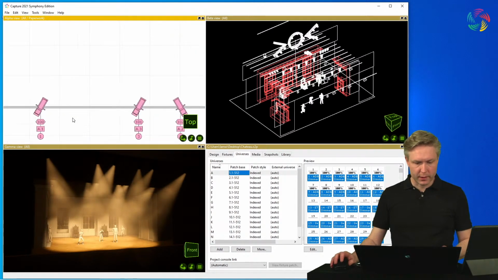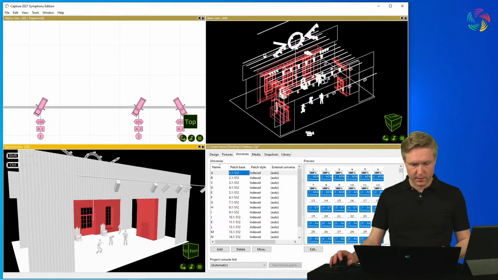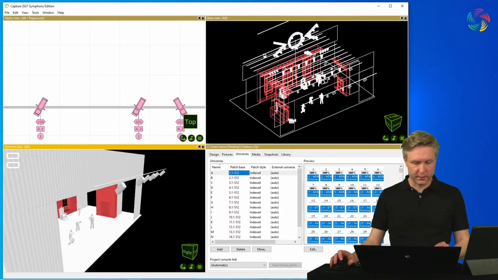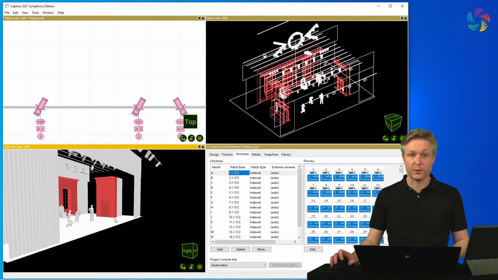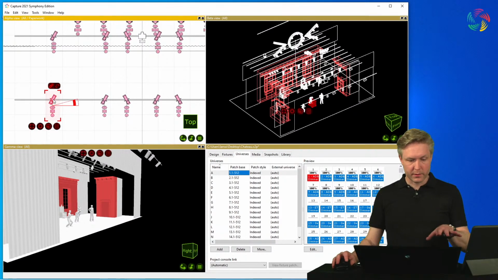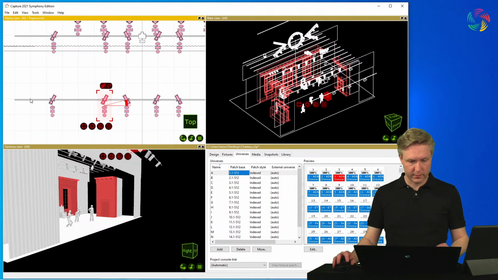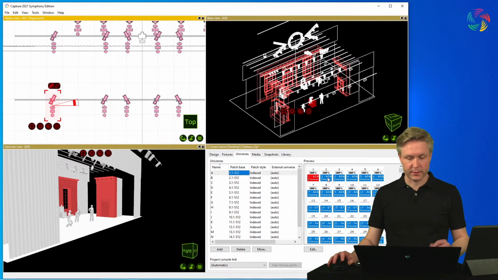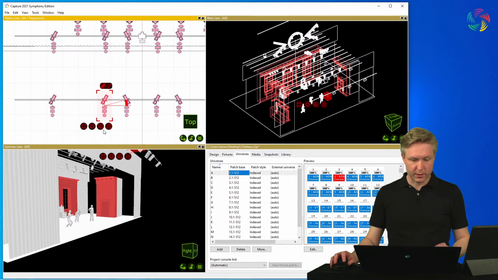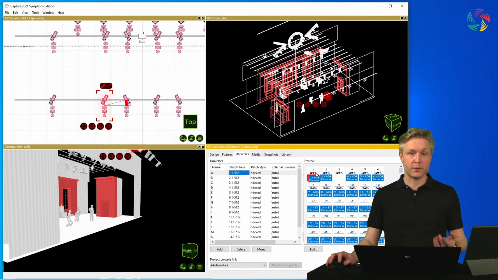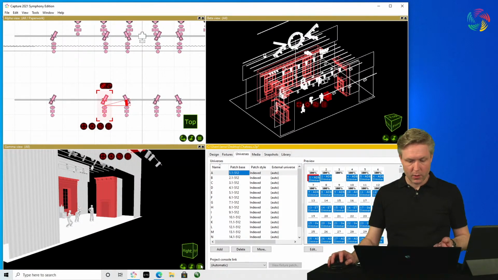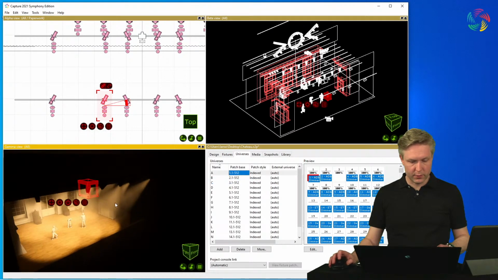Here we have a number of profiles hung on a pipe just above the audience here, focused on downstage. At the moment, these are all patched on their own DMX addresses. As you can see in the universe view here, they are all on their own DMX address. However, nothing prevents me from dragging a fixture and patching it so that there is more than one fixture on the same DMX address. What happens then in the live view,